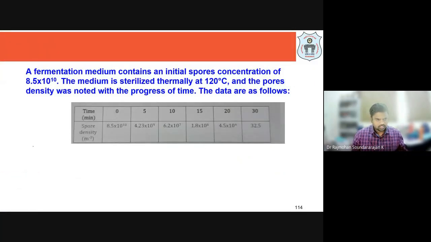So the question here is: find the thermal death kinetic rate constant. It is first order, so the unit is going to be second inverse. Okay, that is part A, and part B is with the above data,